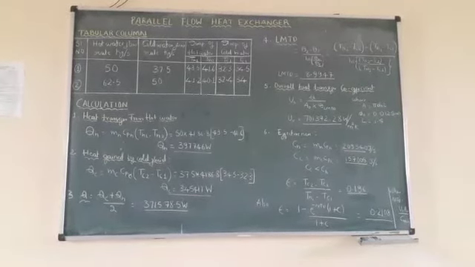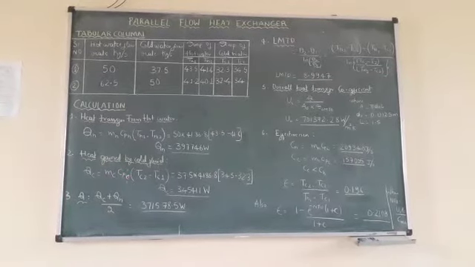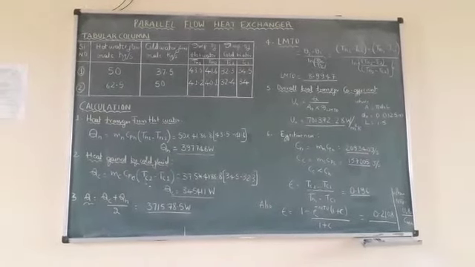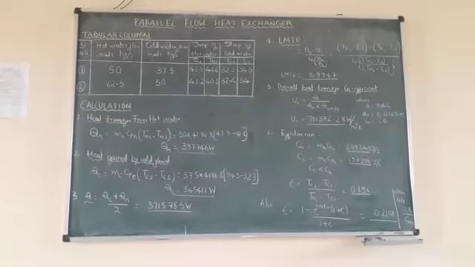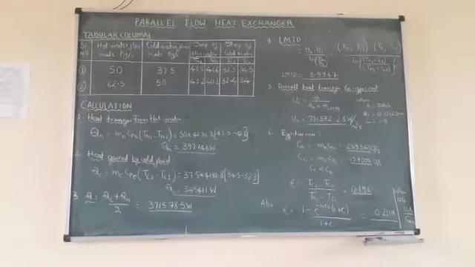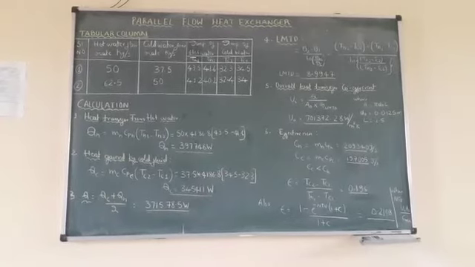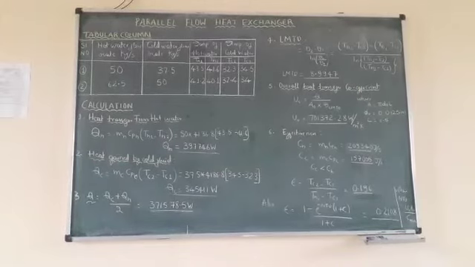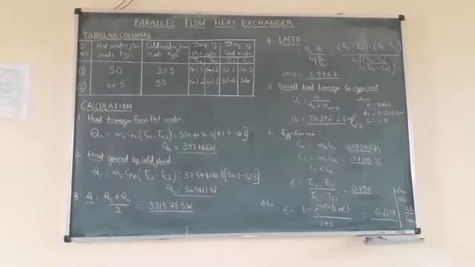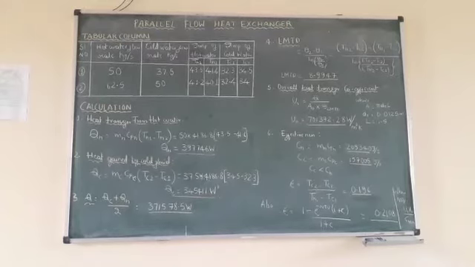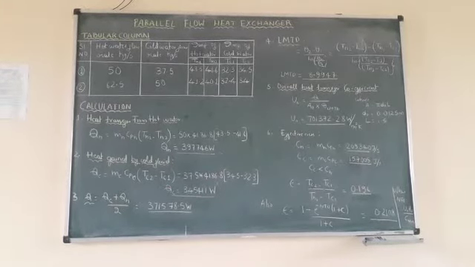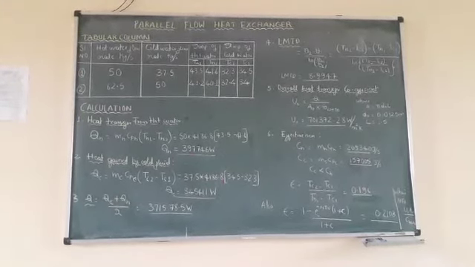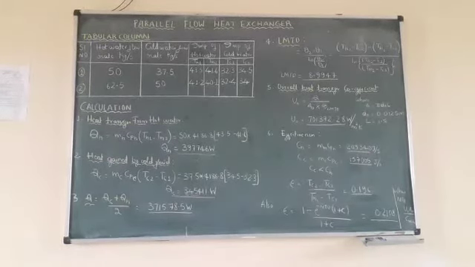Whatever the heat lost by the hot fluid will be gained by the cold fluid, you know. So here the formula is given by mC CPC into TC2 minus TC1. So we got the value as 345,411 watt. We can see whatever the heat lost by the hot fluid is not completely gained by the cold fluid, because there are certain losses here we need to note. When we are doing the theoretical problem, usually we take it as equal, right? So here you will see there is a difference.